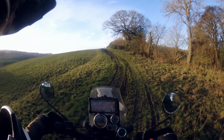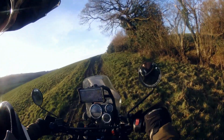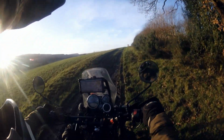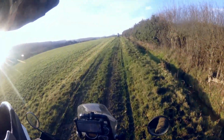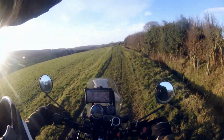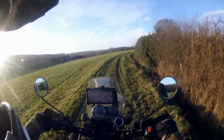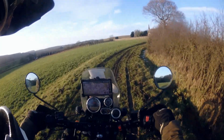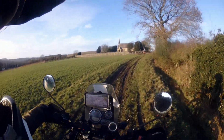So the TKC tyres are pretty much right on their extreme limit here. I am getting some adhesion in the dirt, but it's certainly no match to a proper full-blown enduro tyre. The problem the Himalayan has, with its 17-inch wheel at the rear, is that your tyre choice is very limited. If you were riding regular muddy fields in the winter, you either need to fit a brand new pair of TKC 80 tyres, or probably fit the Mitas E09s, which is what I've run before now. I think it's certainly worth a tyre change, probably around December time in the dirt, because today has been the first time